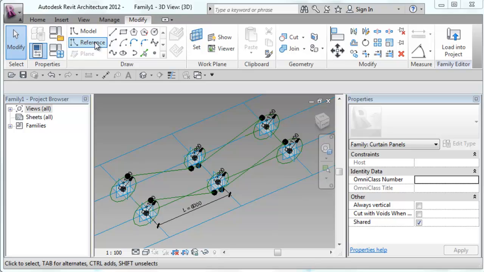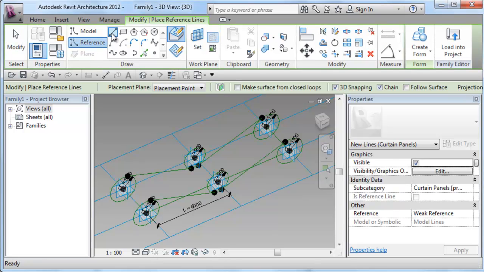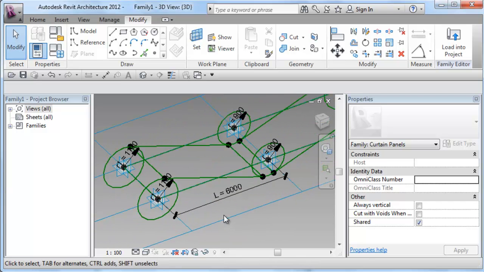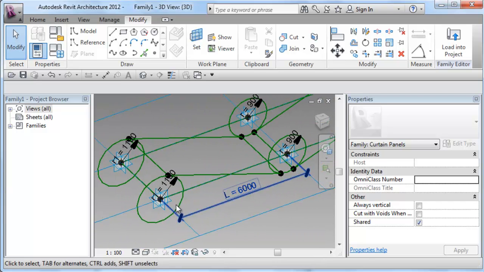Now, just to continue our framework, we'll join the rest of the points to create our first reference square for the material. Okay, now the second step